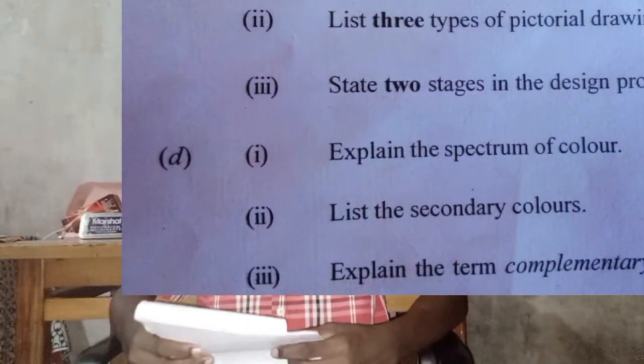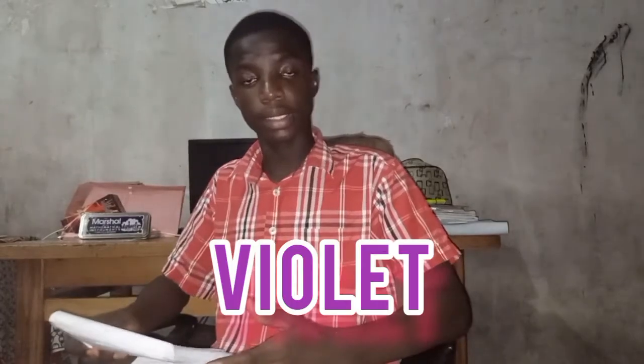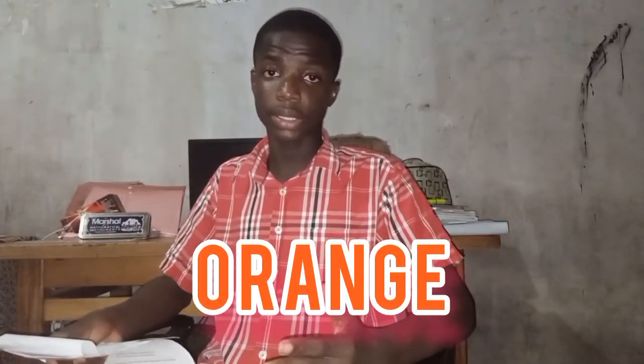1DII. List the secondary colors. We know secondary colors are obtained when two primary colors are mixed together. So first we have green, then we have violet, then we have orange. Green, violet, and orange. These are the secondary colors. Keep it in